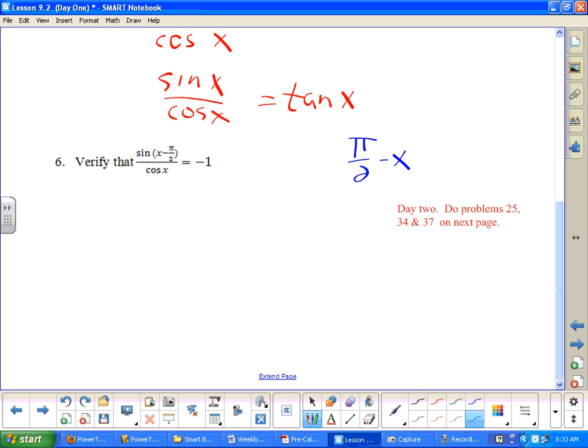So that means I have to do the opposite of x minus pi over 2 to be able to get that. So if we do the sine of a negative pi over 2 minus x,